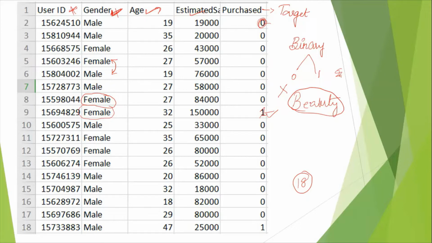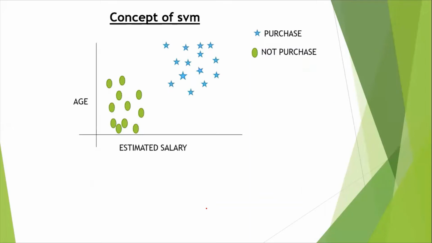Is the data clear? Yes, it's clear. Okay. So I have chosen these two columns and I'm going to classify the target based on age and estimated salary. So let's move on to the SVM part.